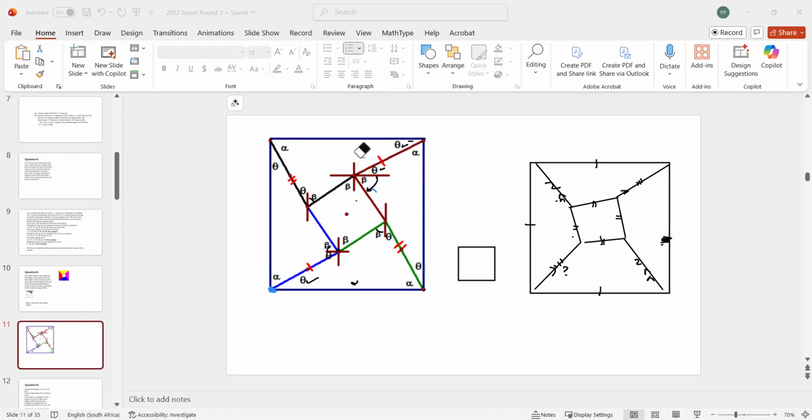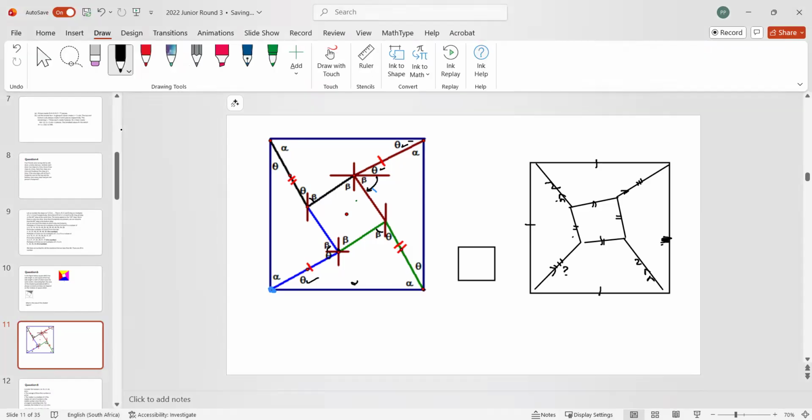But eventually you will have that these angles are, see, if this is theta, this angle is theta, and that is beta. So you've got alpha, theta, and, oh, actually,